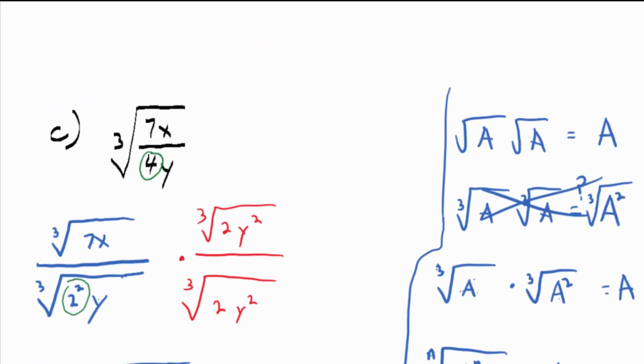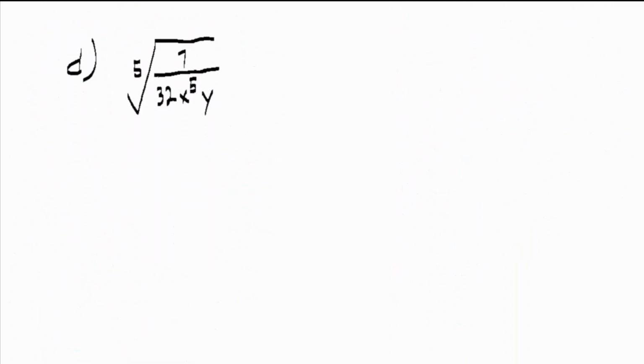If you didn't understand that round, I've got another round for you. So this time it's a fifth root. In part D, let's rationalize the denominator. In part D, the fifth root of 7 divided by 32x to the fifth y. First of all, I would simplify it as much as possible in the way we described yesterday, simplifying radicals. Let's break up the radical and make it the fifth root of 7 on top,